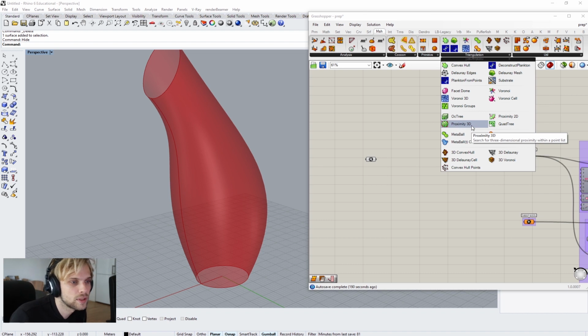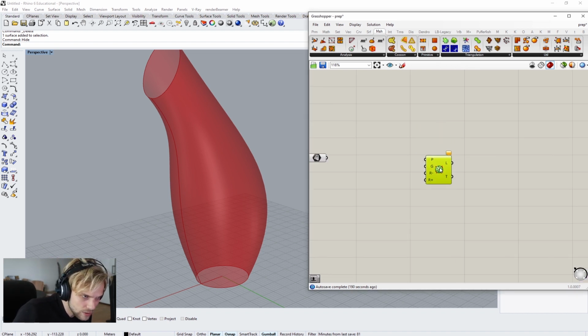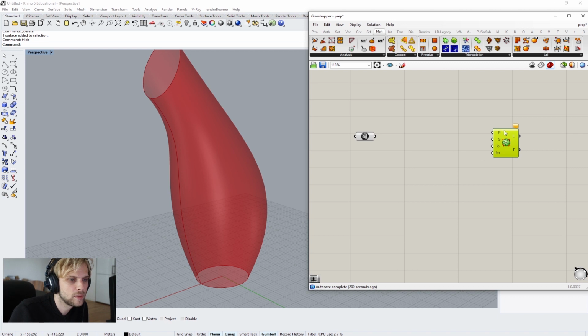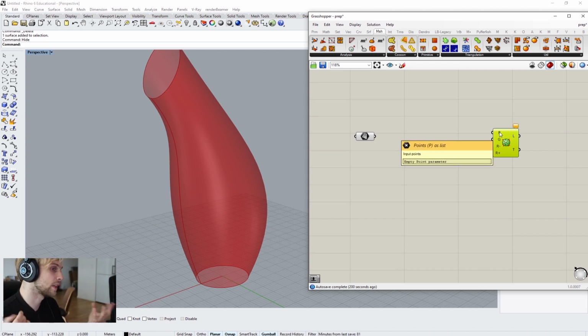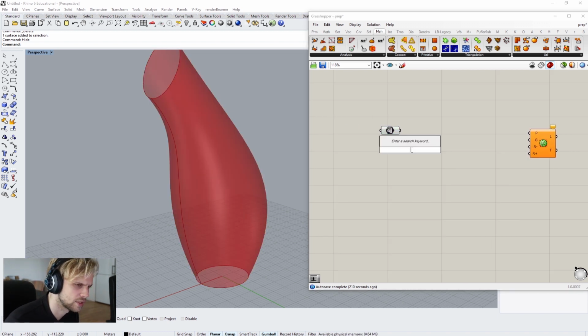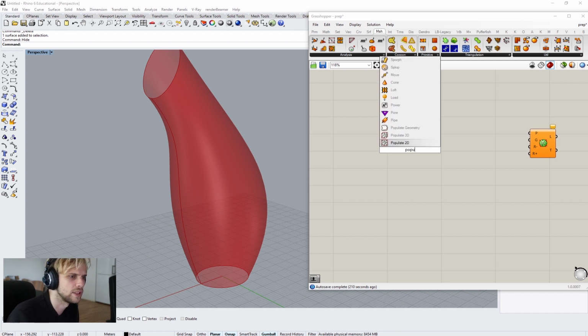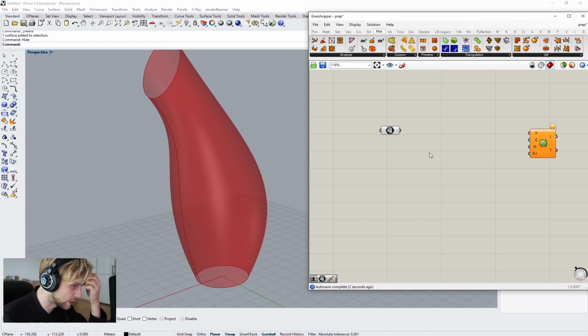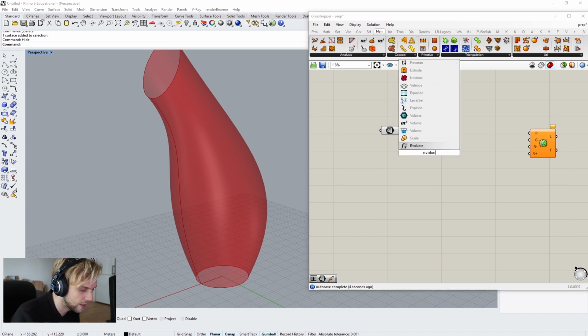Oh, we can use proximity 3D, sure. So I'll teach you how proximity 3D works. It's under mesh, triangulation, proximity 3D, not proximity 2D, proximity 3D. Proximity 3D asks us for a bunch of points, and it will connect them with lines, and those lines will become our beams. So we have a surface, we need a bunch of points on the surface. I could do it randomly with populate geometry, right, and just populate it with points like so, but I don't want to do that. Instead, I will do evaluate